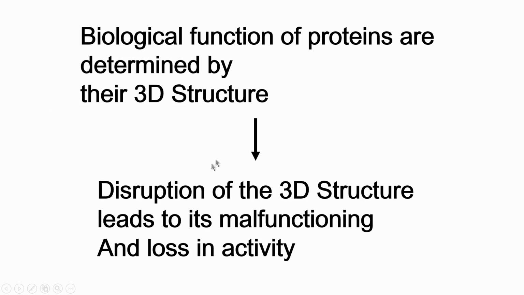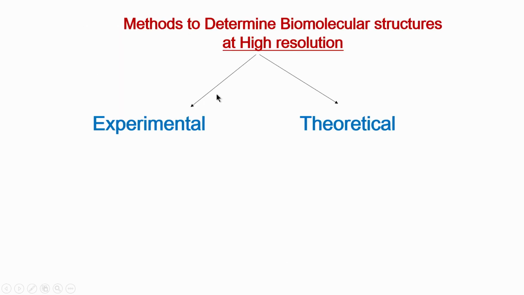Therefore, the goal of NMR and drug discovery and so on is to find out what makes the 3D structure go bad, or how we can retain the 3D structure by interacting with some ligand. Sometimes if you add a ligand to the protein, the structure gets stabilized. So, can we study that kind of interaction and stabilize the protein structure? The 3D structure is therefore very important to study for proteins, because their function, or the actual role in our cell, depends on that structure.